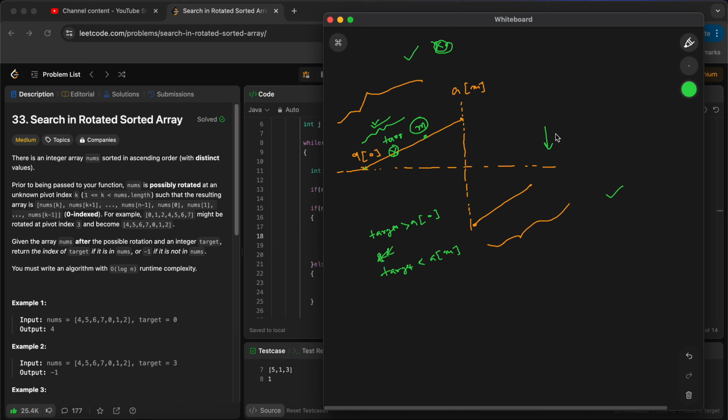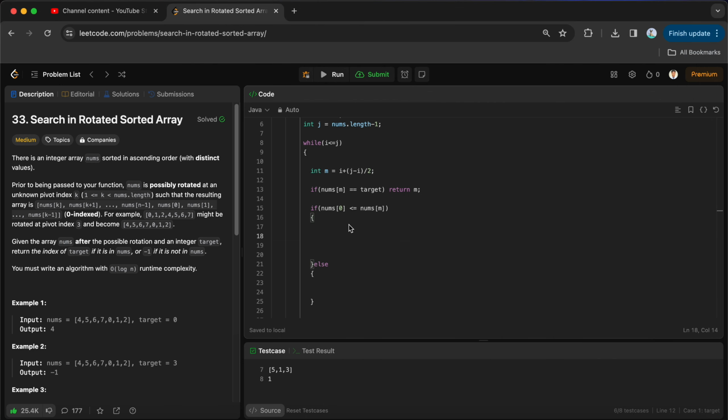In that case my j pointer is here now. We are sure that our target is present in this range, so all of the other range we can just ignore. My j pointer will shift from here to here, because we are shifting the left side. Now I will search only this range, I to j. So I will check that one condition: if my target is greater than or equal to nums of 0,